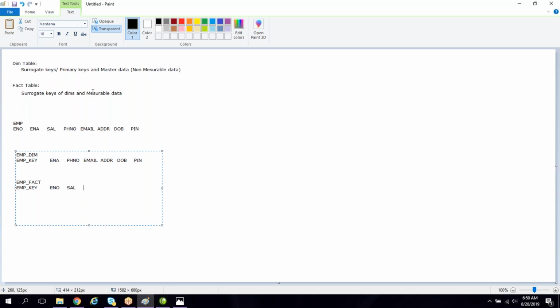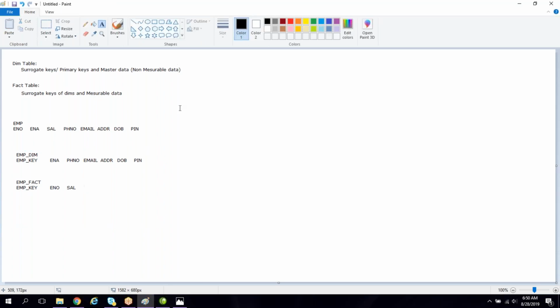So to improve the performance of the reports, we store the data in a data warehouse in dimension and fact model. If you store the data in dimension fact model, it is easy to generate the reports. There could be other reasons, but this is the major reason why we have dimension fact models in a data warehouse database.